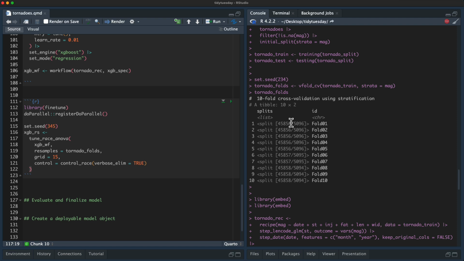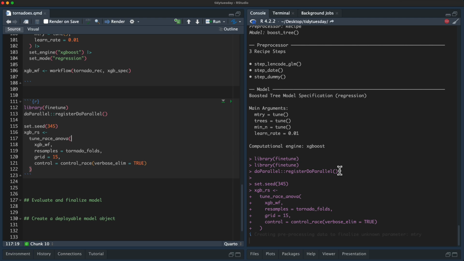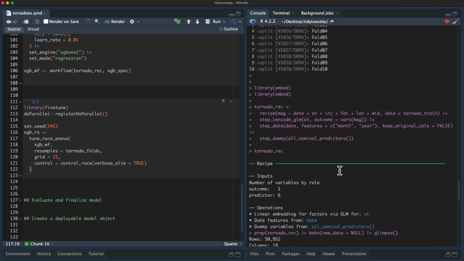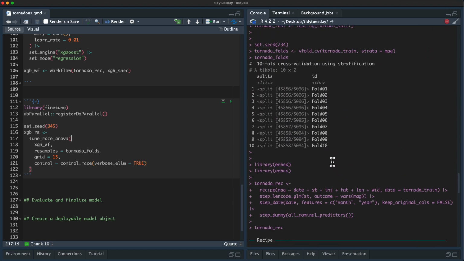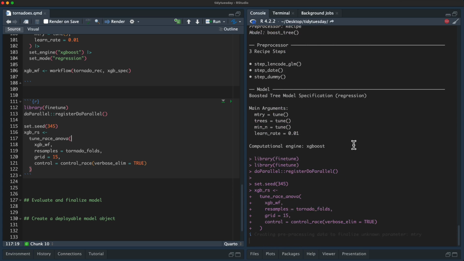I'll do that a little bit, and then I'll start using an ANOVA to decide if any of them are statistically much worse, and it will start throwing those away. Then it'll keep going until it ends up with the best ones. So I'm not going to evaluate all 15 hyperparameter configurations on all 10 resamples. Some of the configurations are going to get thrown away after running this on the first part of these resamples. So let's pause this and then we'll come back.